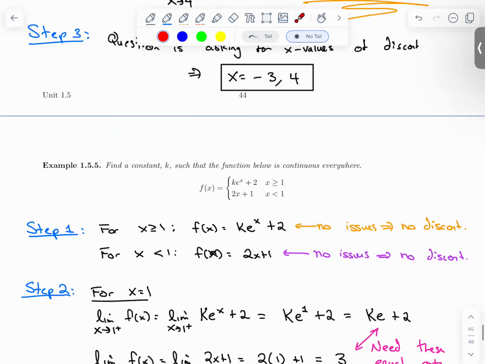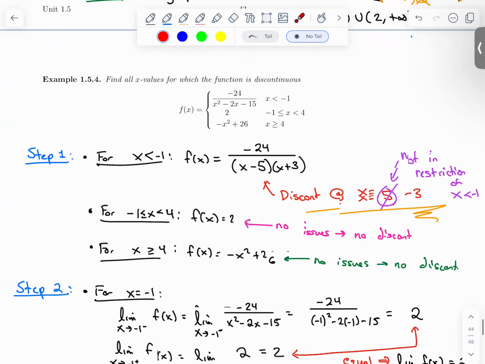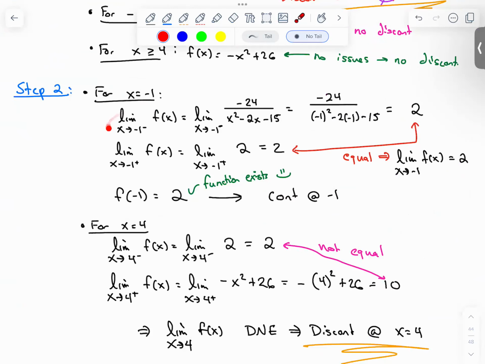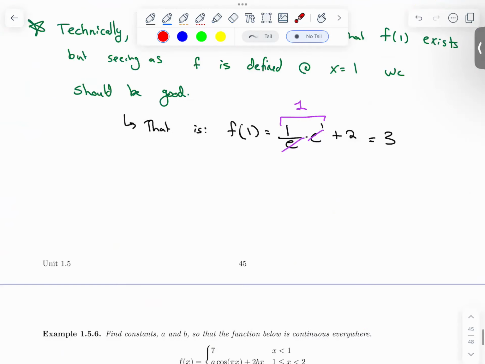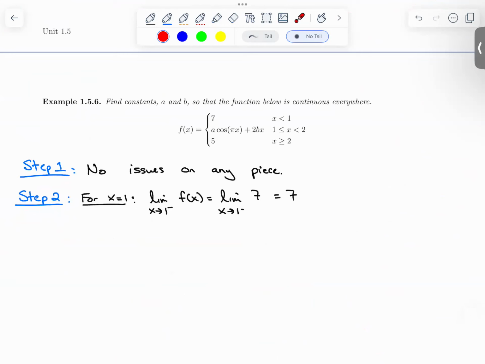So in the previous example, if you know, you could skip this step and just write this. Do you see what I'm saying? Or go from here to here. And that would be sufficient. But anyways, the limit as x approaches 1 from the left was 7. The limit as x approaches 1 from the right